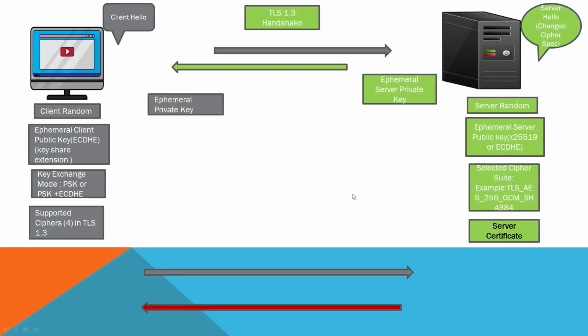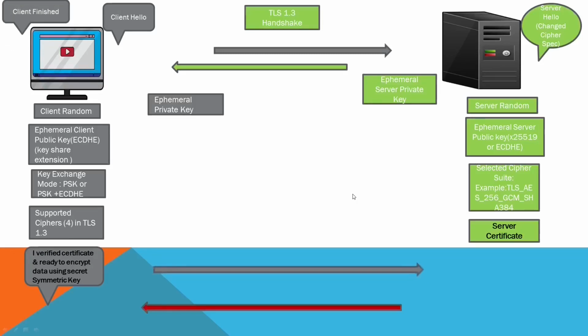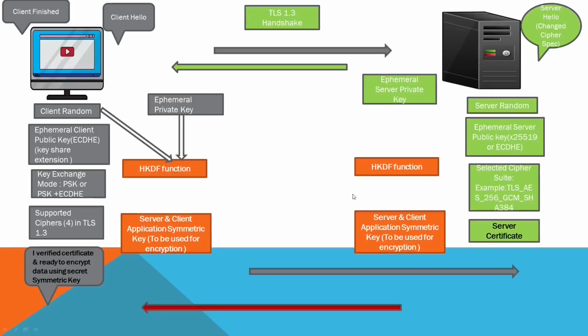Now once the client receives this server hello packet, it will verify its certificate and say that it's ready to encrypt the data using symmetric key, and it will send it as a part of client finish message to the server. Now as soon as this message is received by the server and client has already verified the server authenticity using the certificate, it will generate the symmetric key using the HKDF function, and the interesting thing is this key is